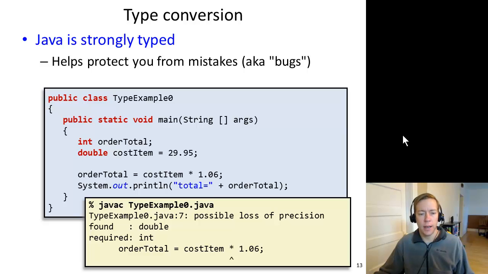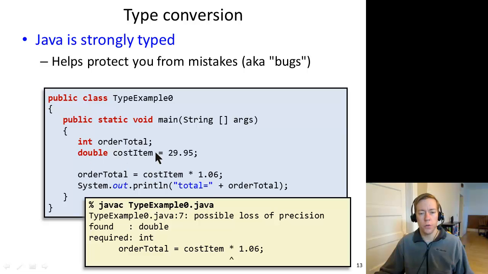Here's an example program. We've got an integer variable called orderTotal, and a cost per item. Notice the cost per item is a double variable containing $29.95. We want to set the order total equal to that times, say, a 6% sales tax, and then print out the total. This will not compile. Here I am trying to compile it on the command line with the javac command. This does not work